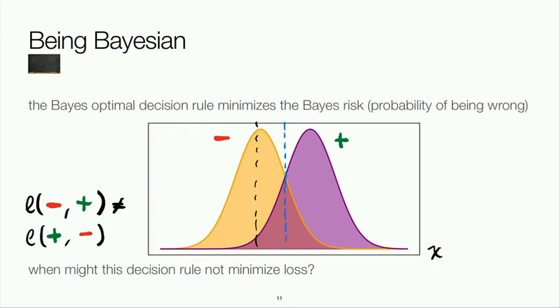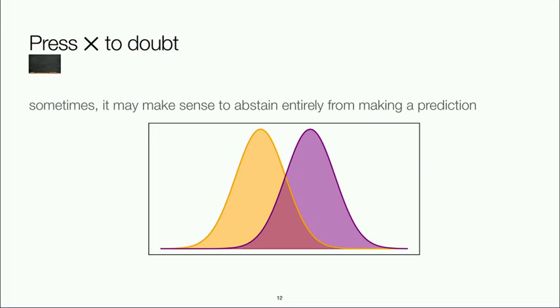So that's one example. The last example, which I don't think I'll have a lot of time to talk about, is if you want to abstain entirely from making predictions, sometimes maybe that actually is possible,